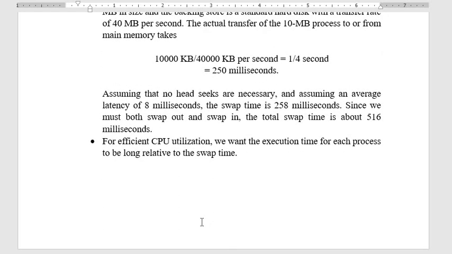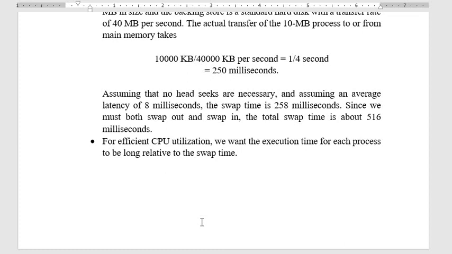Assume that no head seeks are necessary and an average latency of 8 milliseconds. When we get to secondary memory management we will learn about seeking times. Since we are dealing with the disk, the disk has a number of tracks and a number of sectors on each track, and the process is stored somewhere.